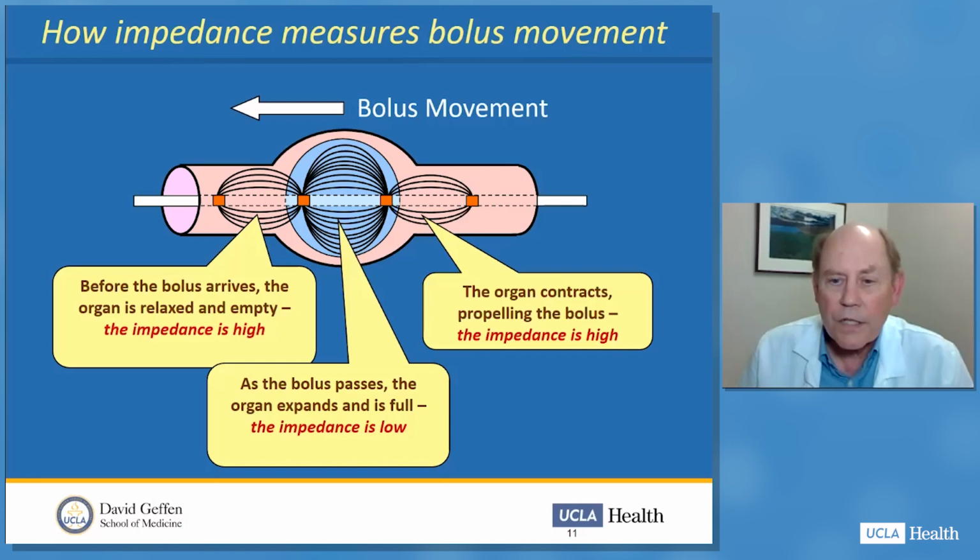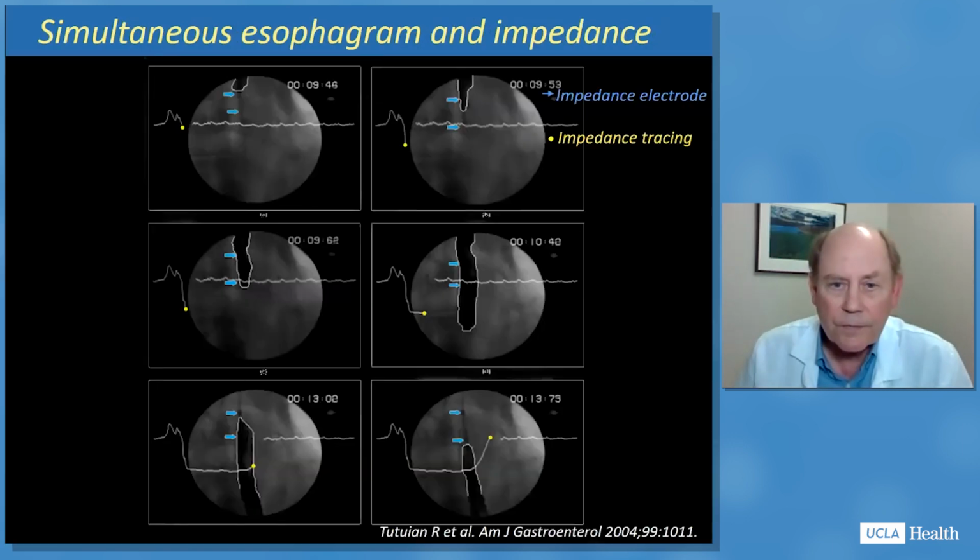And then when the organ contracts to propel the bolus, the impedance is once again high. So we're looking for low impedance events to be reflux events or swallow events. And the direction of their movement can distinguish one from the other. So this is a study that was done now quite a while ago, and one of the initial studies on